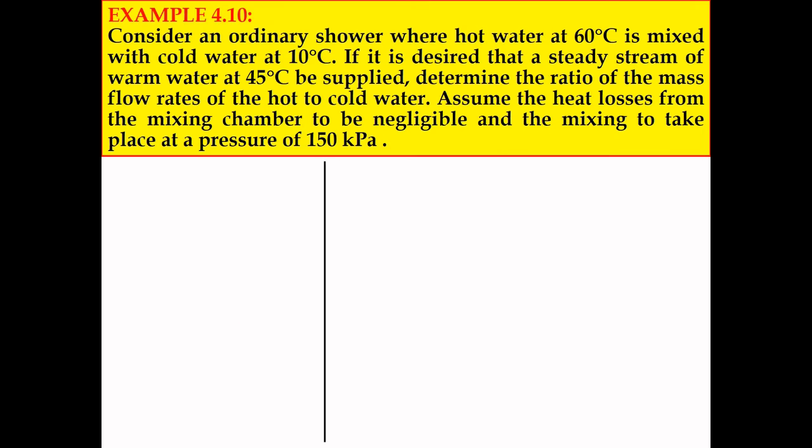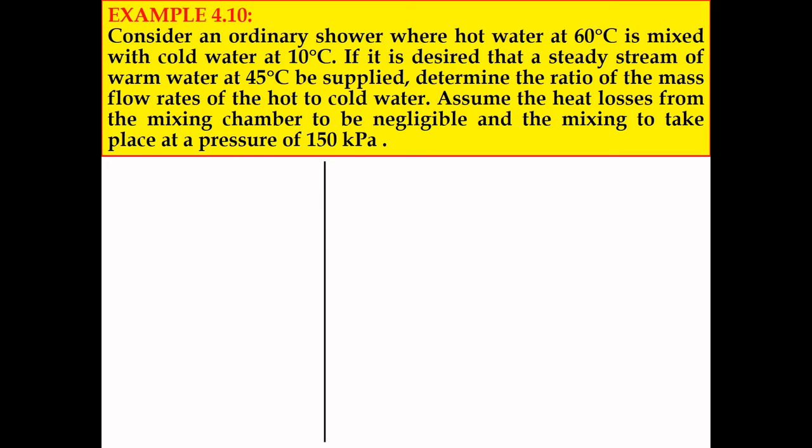Example 4.10. Consider an ordinary shower where hot water at 60 degrees Celsius is mixed with cold water at 10 degrees Celsius. If it is desired that a steady stream of warm water at 45 degrees be supplied, determine the ratio of the mass flow rate of the hot to cold water. Assume the heat losses from the mixing chamber to be negligible and the mixing to take place at a pressure of